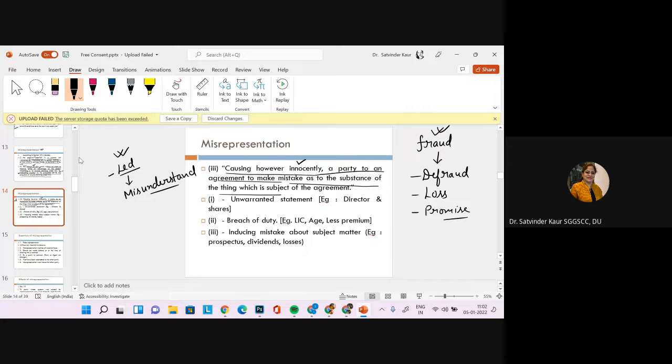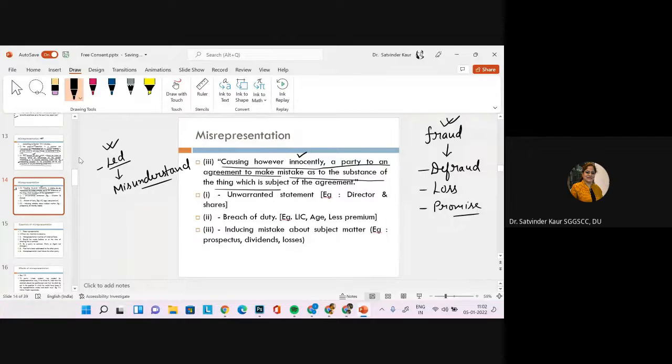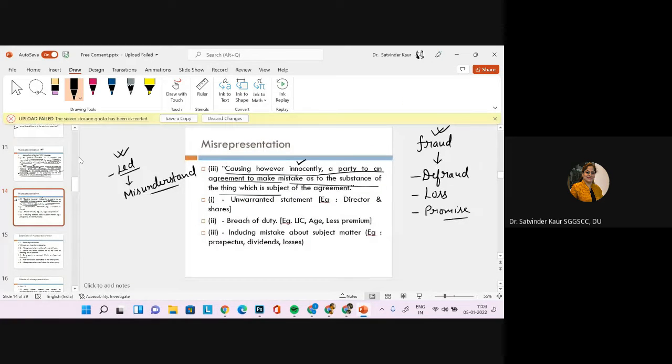So in this particular case, if you are hiding any fact or not disclosing anything or doing something wherein the other person is misled or misguided, or misunderstands the terms and conditions, and these facts are related to the subject matter of the contract where our decision will be affected, in all these situations it will lead to misrepresentation.